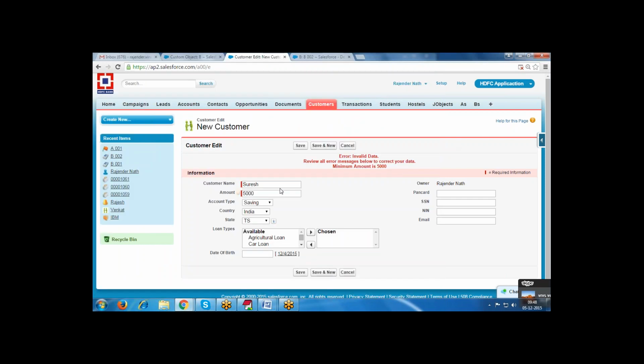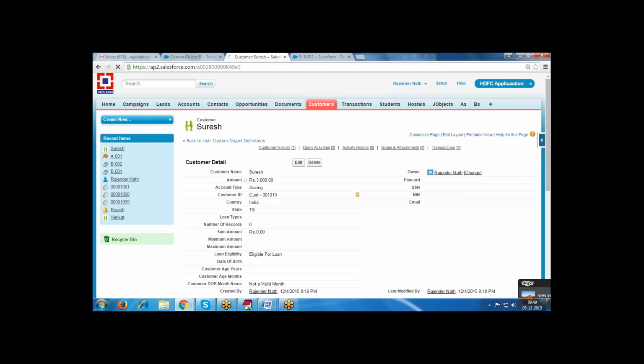Okay, if it is inserting, then it is 3,000 instead of 5,000, 3,000.